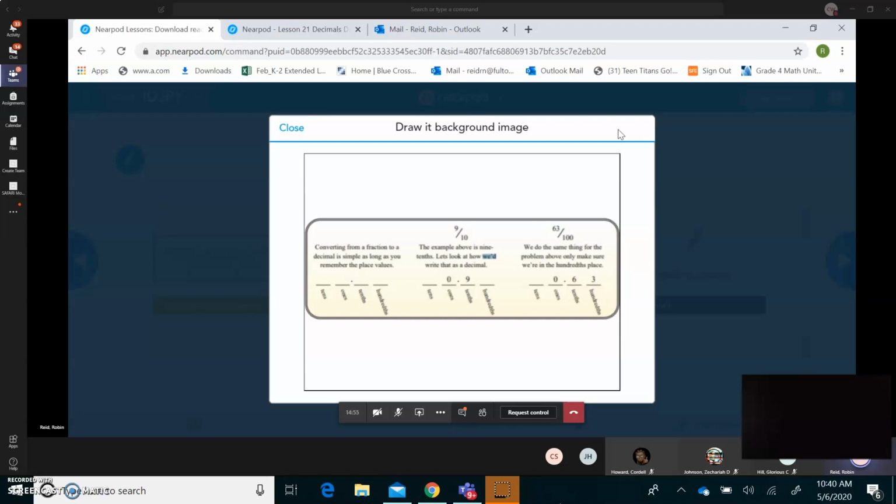Alright, this is what we talked about the other day, just making sure that we use our place value chart and convert fractions into decimals, like 19. For example, writing